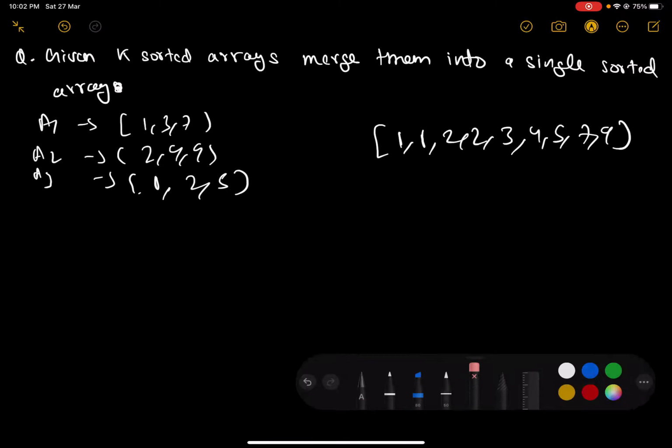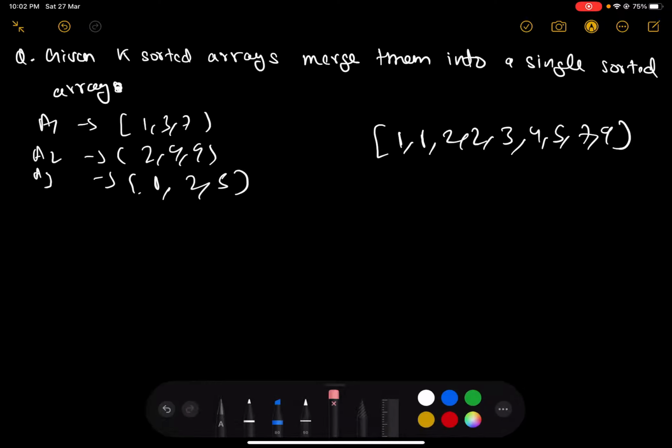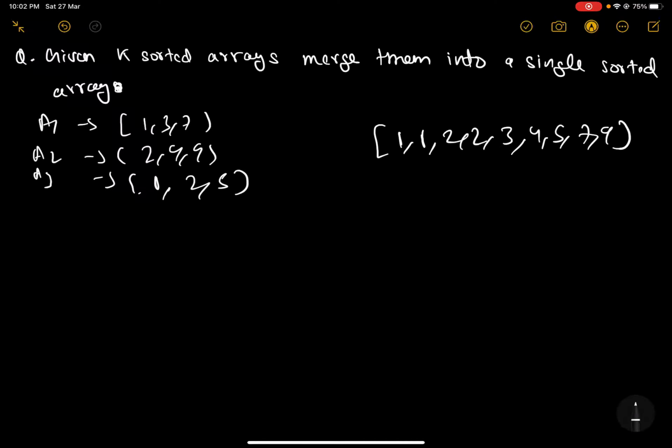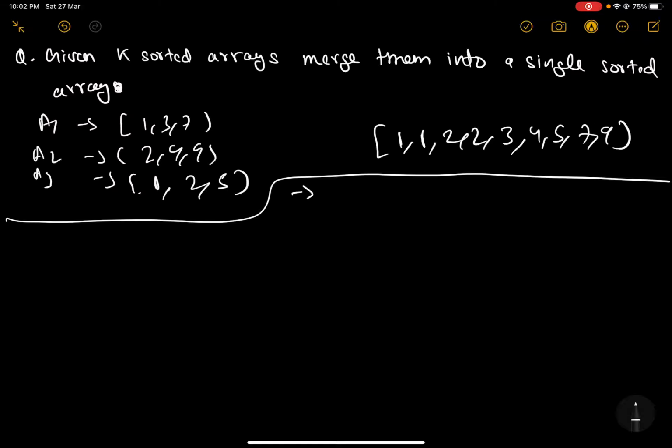Alright, I'll just let the resultant array stay for now. Okay, so how do we solve this problem now? One approach is using a related problem. You might want to solve another problem, that is, merge two sorted arrays. This is a very standard problem also used in the implementation of merge sort. You can google this question up and you will find it online. This question will definitely be helpful in understanding the approach for this problem.